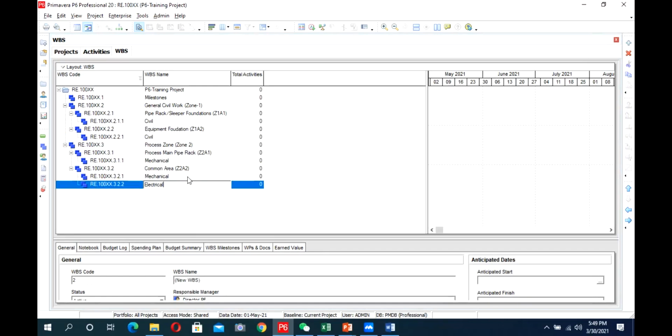So this is the WBS structure which we are going to use for our exercise project. In this structure, basically I have divided my structure into 2 zones, and then further these 2 zones are divided into 2 areas, and then into the disciplines.